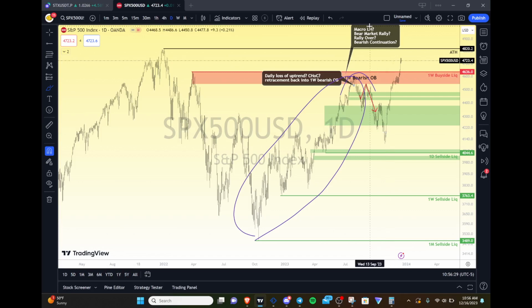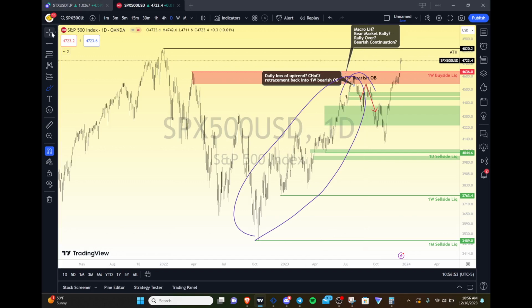But as you can see, these were all question marks, and now all of them are no. Right? It doesn't seem like it's a bear market rally anymore, even though S&P hasn't taken out its all-time high. If the Dow remains fairly strong, then the S&P will likely be pulled beyond its all-time high, and that would mean, obviously, it's not a bear market rally. So this is a great way to look at charts, in my opinion.